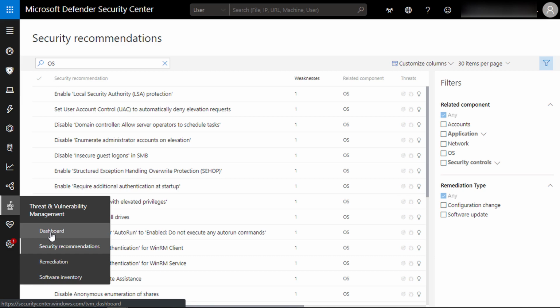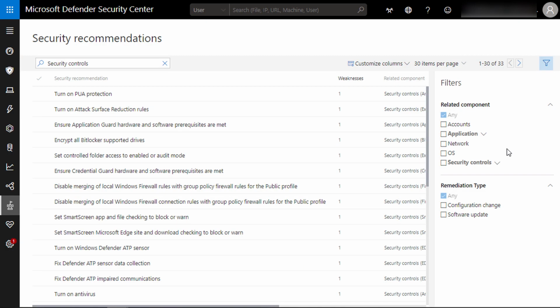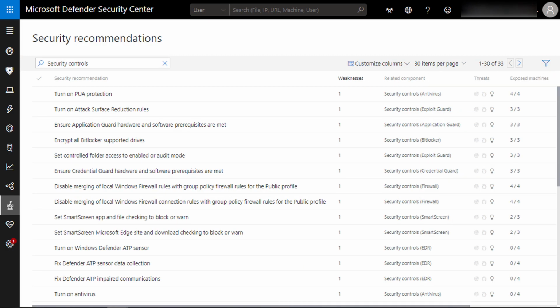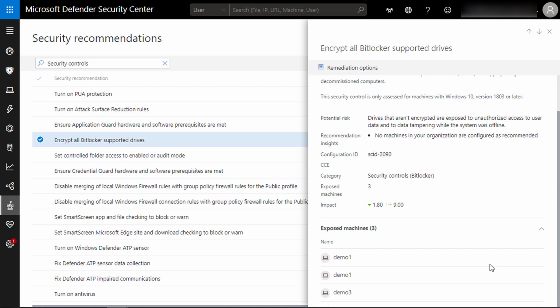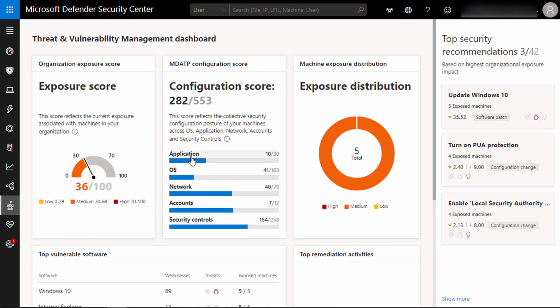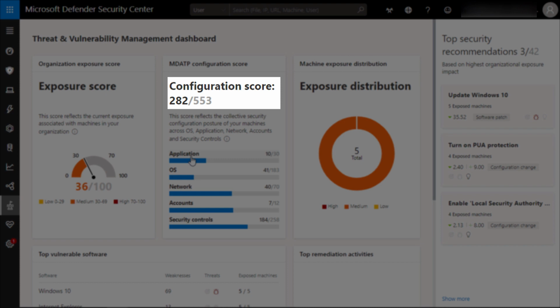If we go to the security controls improvement area, you can see also a couple of recommendations like enabling SmartScreen, some firewall rules configuration recommendations, and enabling BitLocker on Windows machines. Again, for each one of these recommendations, you get the list of machines that don't comply. Now your objective would be to raise your overall configuration score by hardening your machines from emerging threats and following